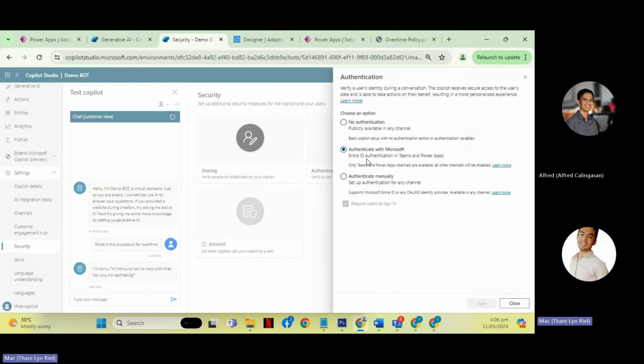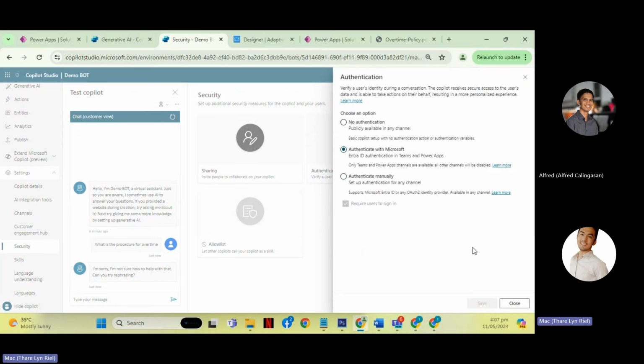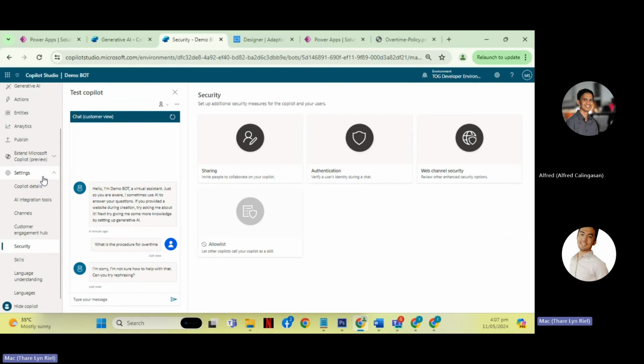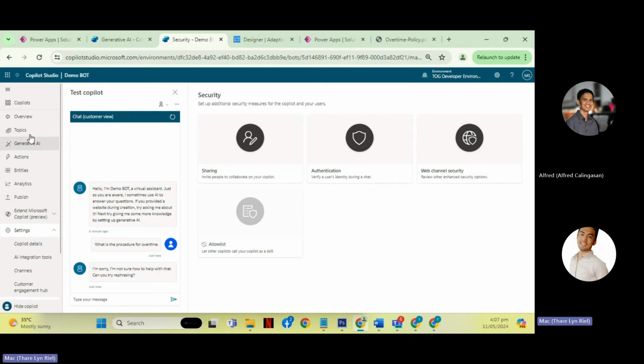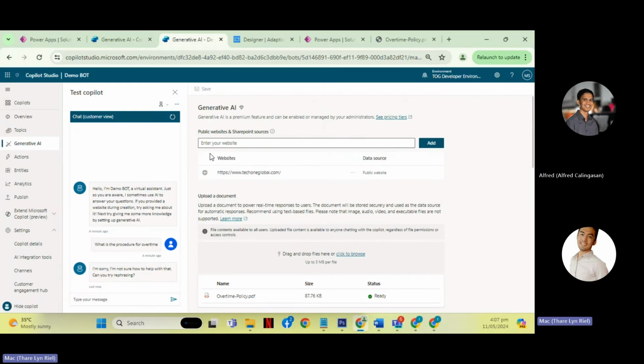In the authentication, authenticate with Microsoft Entra ID, or you can use this or this one. But yeah, I will not be showing the SharePoint data sources for this demo, but it is possible to use SharePoint sites as the data sources of your Copilot.